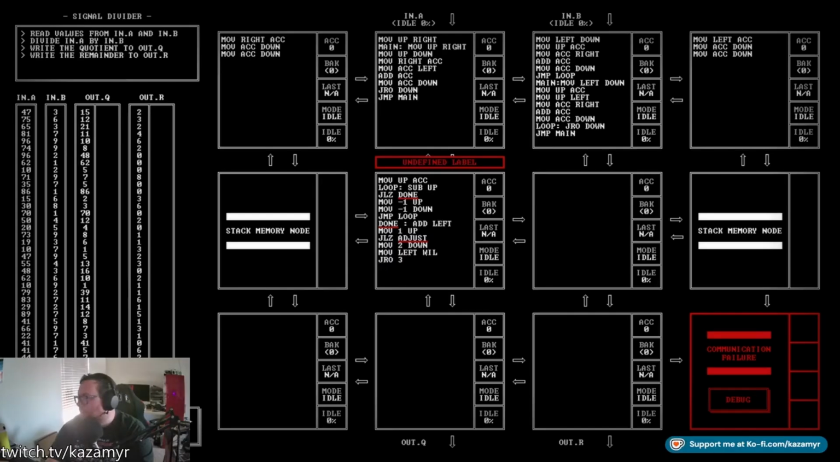Interesting. That's just straight up, instead of using, I guess, more labels, that jump feels, because it's hard coded to 3, kind of pointless. We'll take a look in a moment. Just add left, move accumulator down. What happened? I put a space there. Okay, good job. Move up accumulator, loop sub up, jump less than 0 done, move -1 up, move -1 down,